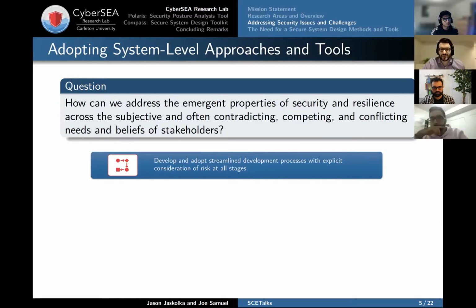And what makes this challenging is that we have to also do this while considering the fact that often the needs and beliefs of the stakeholders that we have are subjective to their specific viewpoints. And because of that, they can contradict, compete, and conflict as well. So what we aim to do here to address these kinds of problems is we want to have more streamlined